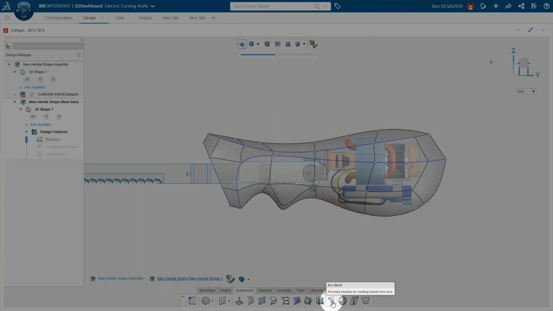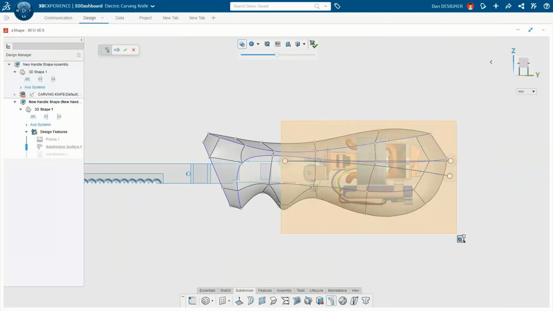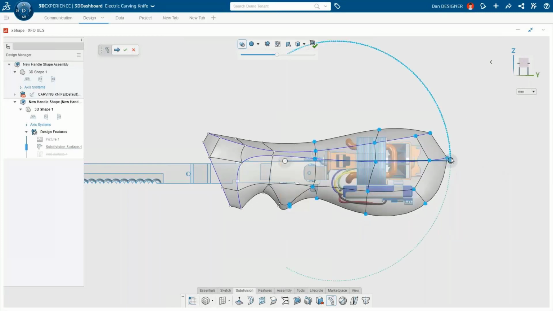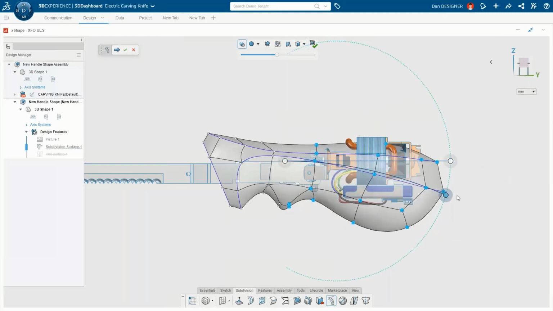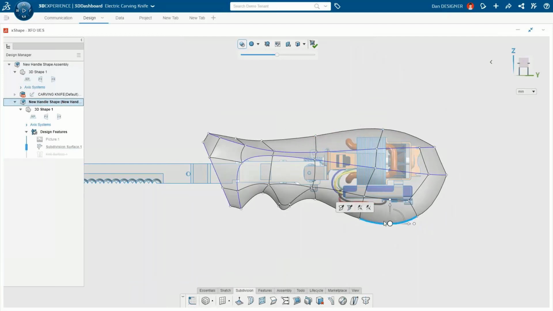For this, I will use the arc bend. For a fancy look, I want to show you how to flex the entire thing using the arc bend tool. This tool allows me to place a handle and choose which points I want to control and then simply bend them one direction or another. So take a look, I can pull this whole part up or down. I have done so much in bulk with this one arc bend. So it's again interfering, so I can again push and pull the control points. So after finishing this work,